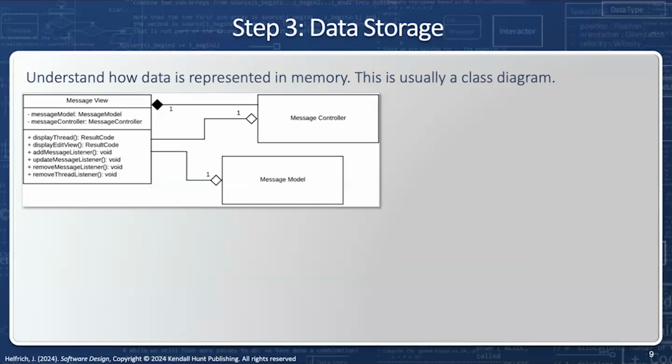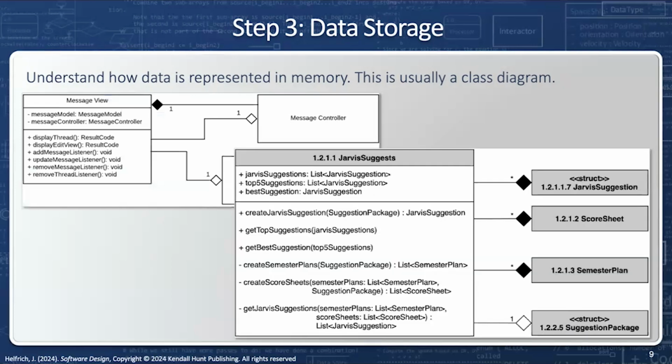And the class diagram is going to show me the class name. It's going to show me the attributes or how we store the data, as well as the verbs that operate on them. It doesn't tell me anything about how those verbs actually work. It just tells me that I need a function at this point in time called display or remove thread listener